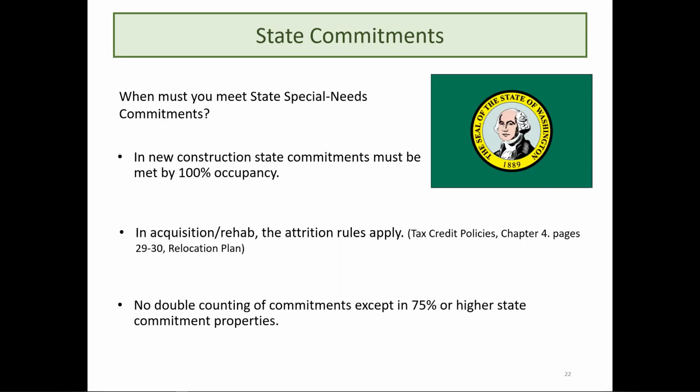regarding those policies. And there's no double counting of commitments except in the 75% or higher state commitment properties. For example, if you have 100 units and you are required to have 10 disabled and 10 large family, the 10 large family households cannot also meet your count for the 10 disabled. It needs to be 20 completely separate households. However,